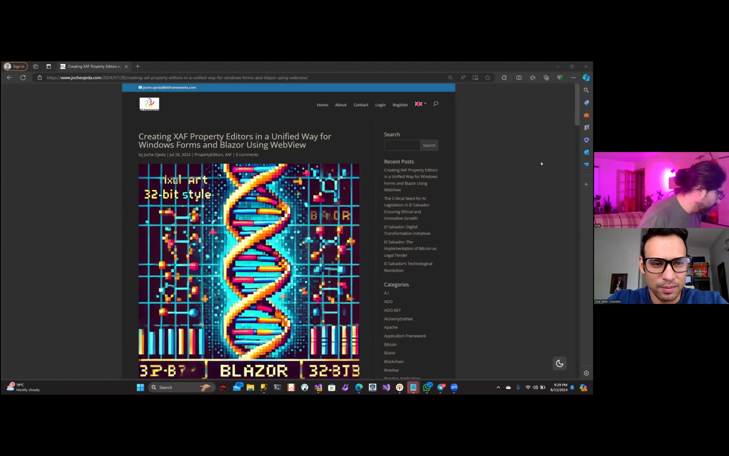Okay, Javier. So, for a while now, there is a way to share code between Blazor applications and Windows Forms applications. Basically, Blazor is everywhere. You can use it in Maui, you can use it in Windows Forms, and you can use it in WPF, and you can use it obviously in Blazor, right? So the idea here behind